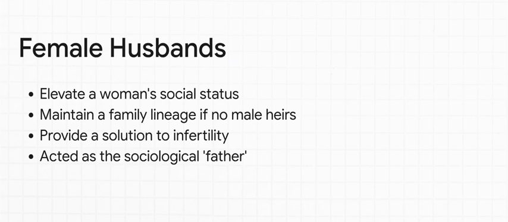And this just shows how incredibly creative these blueprints can be. I mean, get this. To solve problems like not having any male heirs, some societies develop the institution of female husbands. Now, this wasn't about a same-sex relationship in the modern sense at all. It was a social fix. A woman, usually a wealthy one, would essentially act as the man, pay a bride price for another woman, and then become the sociological father to any children her wife had, all to keep the family line going.